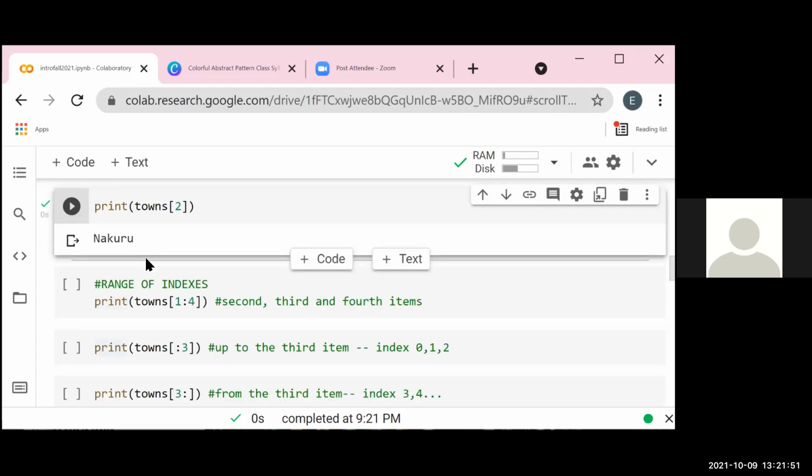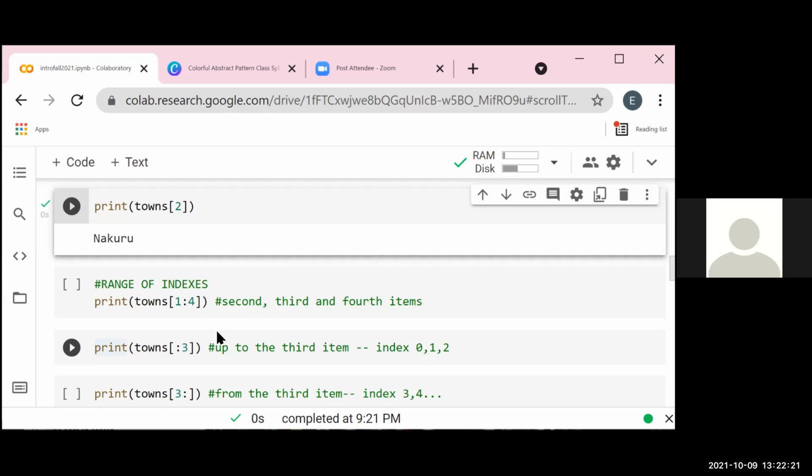Another thing you can do is print a range. Maybe you want from the second to the fourth item. When using a range, the first index is inclusive, but you exclude the last index. So in this case, we would print index 1, 2, and 3, which would be the second, third, and fourth.